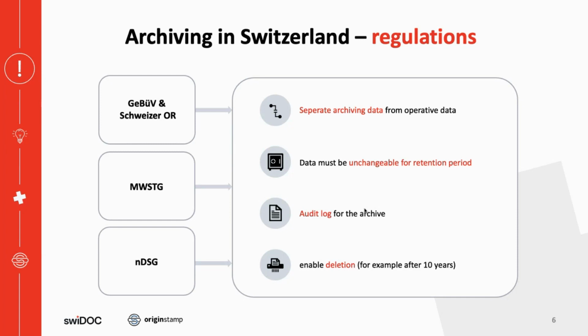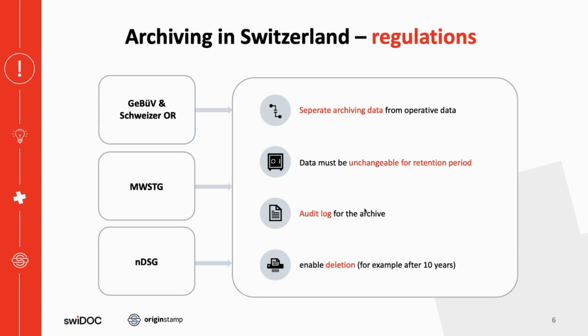So first, you should separate your archive from your operational data. What does that mean? If I'm using OneDrive or SharePoint for storing my invoices, for creating contracts, for writing letters and so on, I should not use the same system as I'm using on an everyday basis. That also means I shouldn't use my accounting software to archive my documents, because I'm using my accounting software every day.